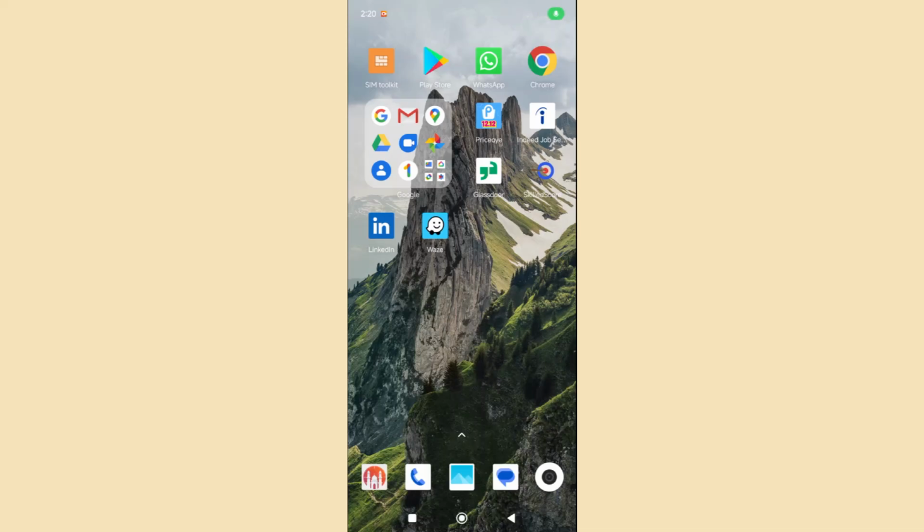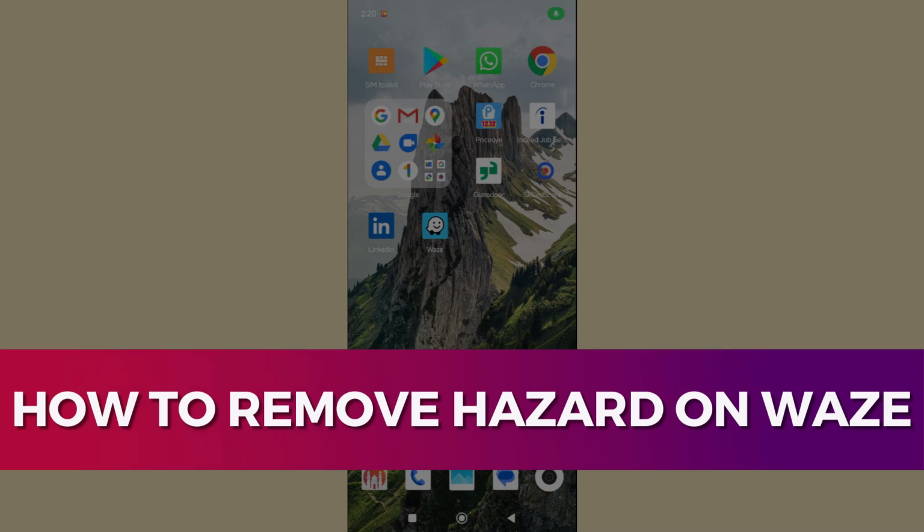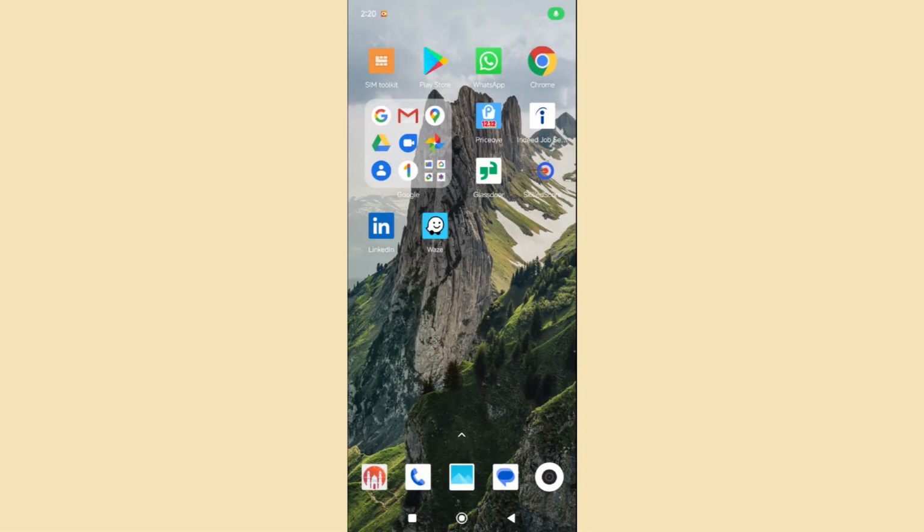In today's video, I'm going to show you how to remove hazard on Waze. Whether you're trying to keep your map clean while driving, or you simply want to update Waze so it reflects accurate road conditions, this simple step-by-step guide will walk you through everything you need to know, even if you've never